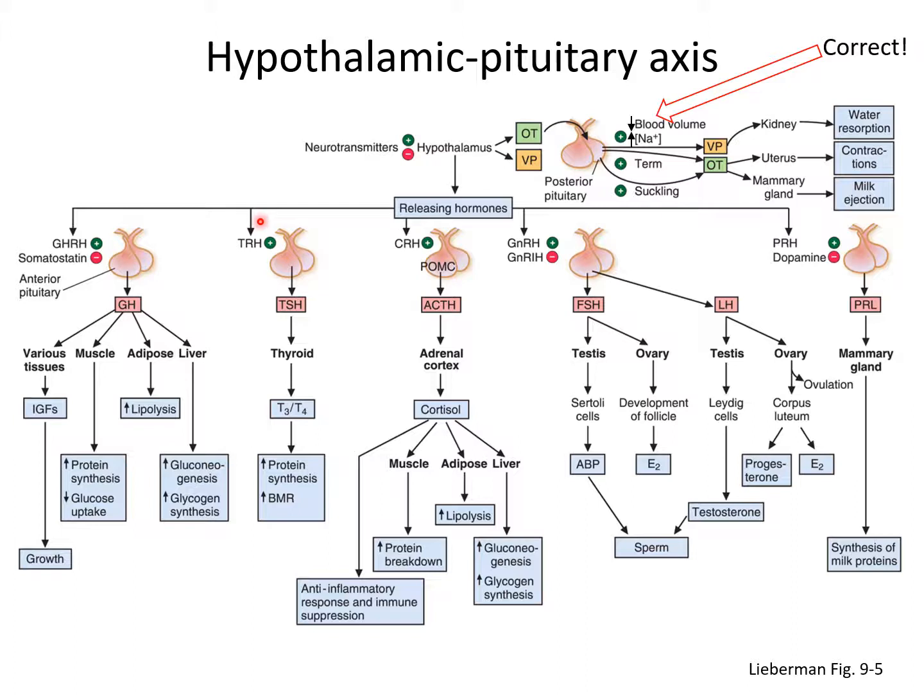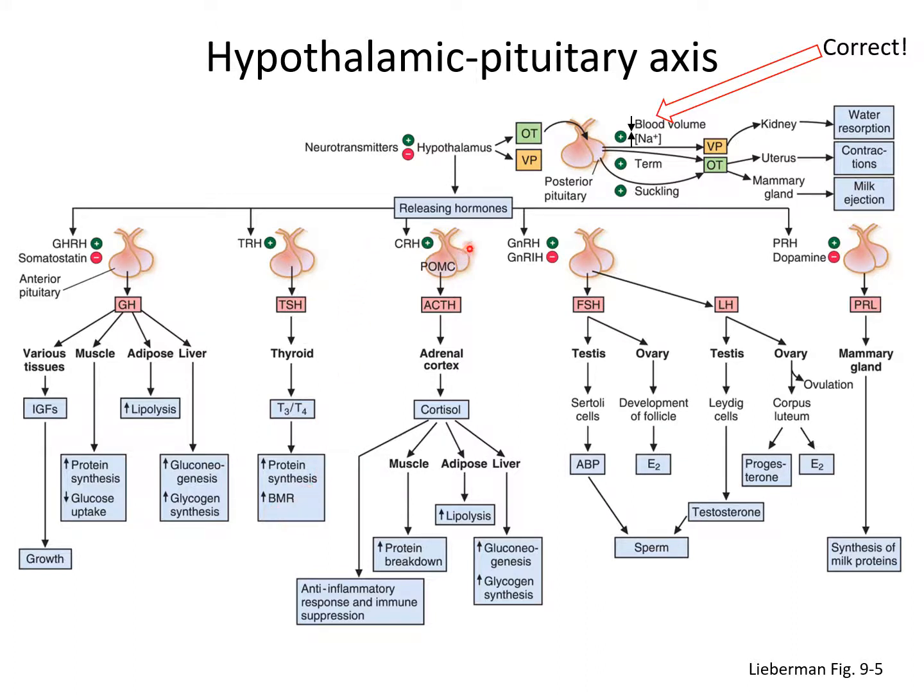So the next one we're going to look at is going to be thyroid hormone. So the hypothalamus is going to release thyroid releasing hormone, which is going to act on the anterior pituitary. The anterior pituitary is then going to secrete thyroid stimulating hormone, which is going to act on the thyroid gland itself. This will cause the thyroid to secrete the T3 and T4, and this increases protein synthesis and basic metabolic